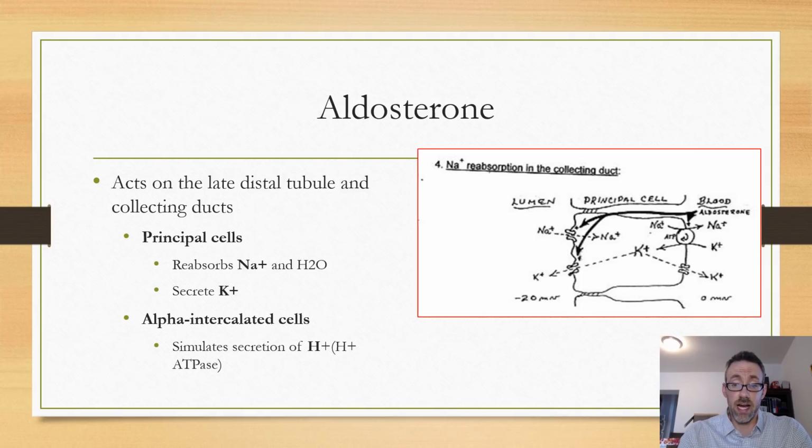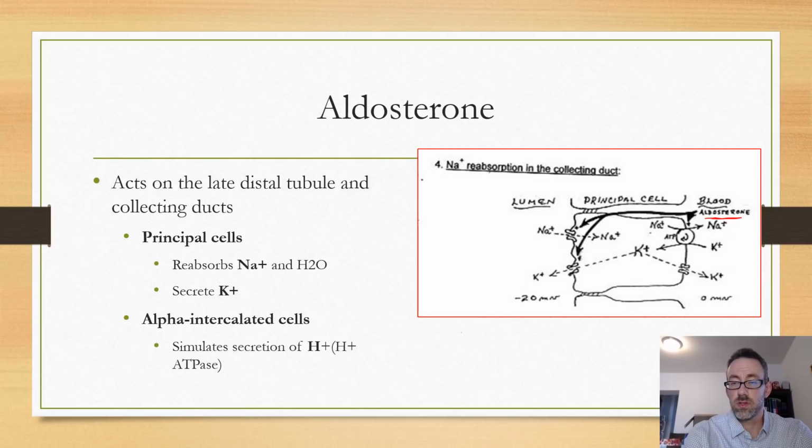Now, of those hormones, aldosterone is one of the main ones that we're going to be talking quite a bit about. So this again acts on the late distal tubule and the collecting duct. The two types of cells of interest in that area are the principal cells and the alpha intercalated cells. There are different subtypes, alpha, beta, and so on, but mostly we're talking just about the alpha and beta intercalated cells. In terms of aldosterone's actions, these two cells are found only in that late distal convoluted tubule and in the collecting duct. And you can see over here in the drawing,